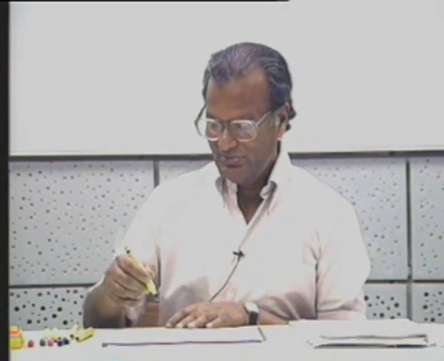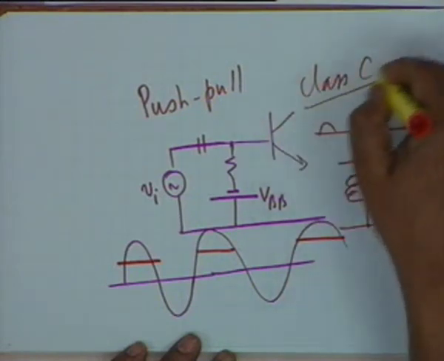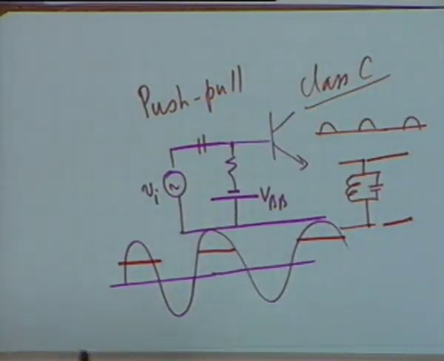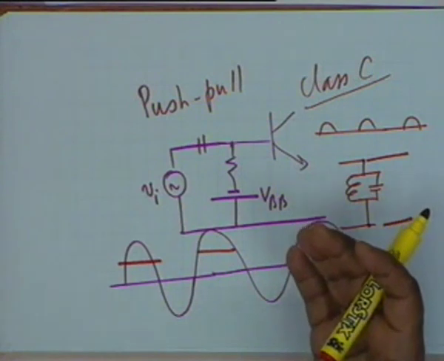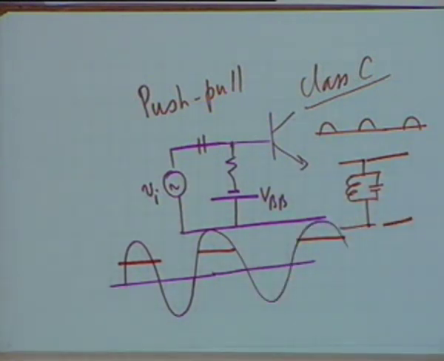Class C is the operation that is used in all radio transmitters, because of the high efficiency. If you have a 100 kilowatt transmitter, then the power dissipation in the transistor could be, let us say, 50 kilowatt. Cooling 50 kilowatt of heat is a very elaborate job. So the higher the efficiency, the lower will be the effort in cooling the station. Very elaborate arrangements have to be made, and therefore class C operation is resorted to in radio transmitters.